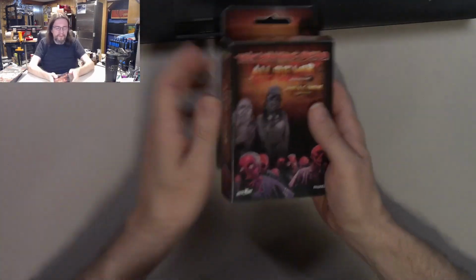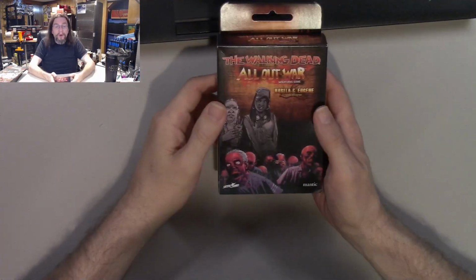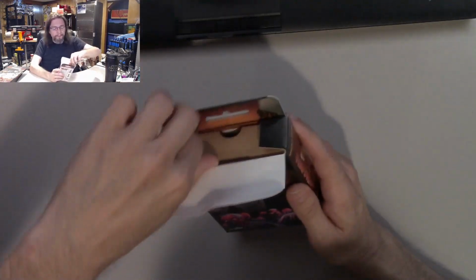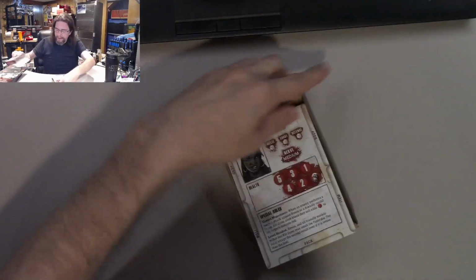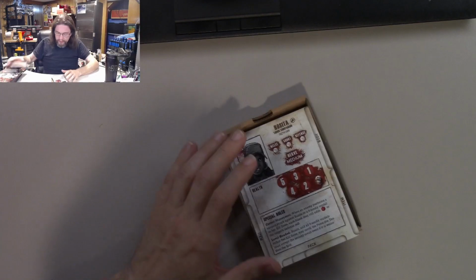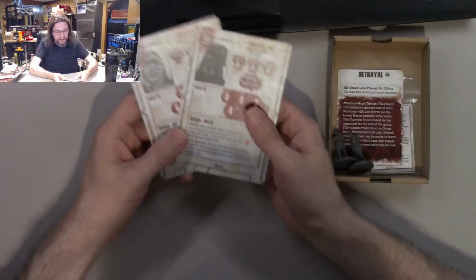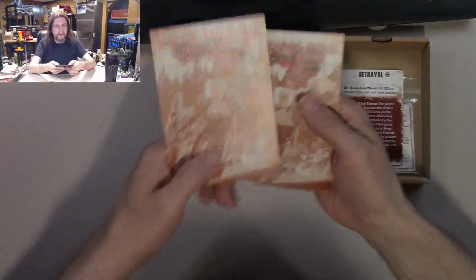So first thing is the Rosita. Oh, geez, I'm thinking too much Dragon Ball Z. The Rosita and Eugene expansion. I've been waiting for these for a while, and it came in today, which is fantastic. And here are the cards for Call to Arms